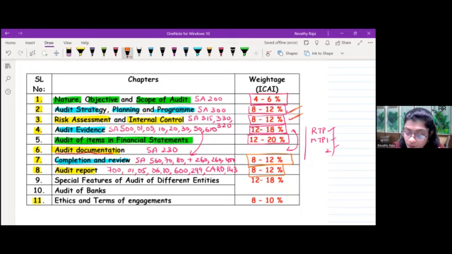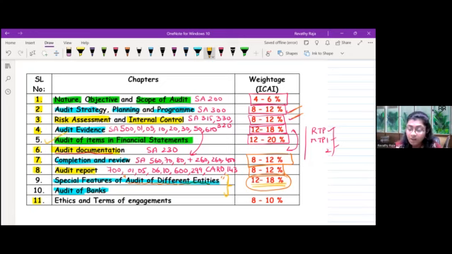Now, audit of items in FS, as we said, is chapter 5, and it is more of common sense, general. Like that, audit of different entities is also more of common. How do we do the audit of a hotel, hospital, education institute? Yes, the weightage is roughly 12 to 18%. Again, there are certain common points, an easy way to learn. Do that chapter also. Okay, that's audit of different entities. Audit of bank. See, the weightage of these two chapters together is 12 to 18%, whereas items in FS alone, they are giving 12 to 20%.